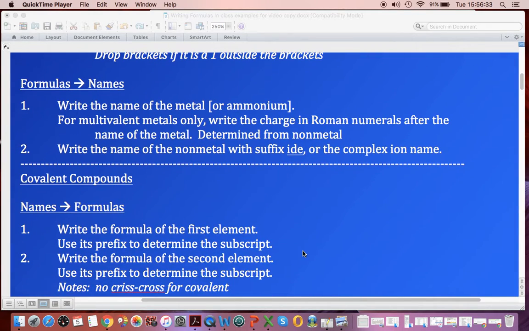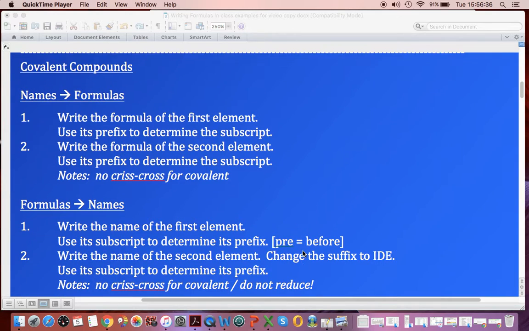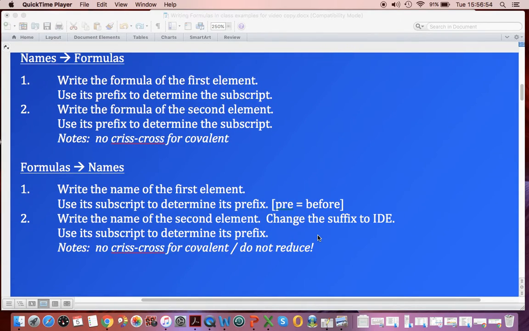and don't do any changing to that. In many ways, covalent's a lot easier to deal with, but you can only use covalent rules for covalent compounds. For covalent, you're using prefixes. You write the formula of the first element, and its prefix becomes its subscript. You do the same thing for the second element. Again, prefix becomes subscript, no crisscross. Formula to name, you write the name of the first element, and then its subscript becomes its prefix. Pre means before, and you can always put a prefix in, but if it's the first element and it's a subscript 1, you don't have to put mono in. That's optional. For the second one, you've got to put in the element's symbol